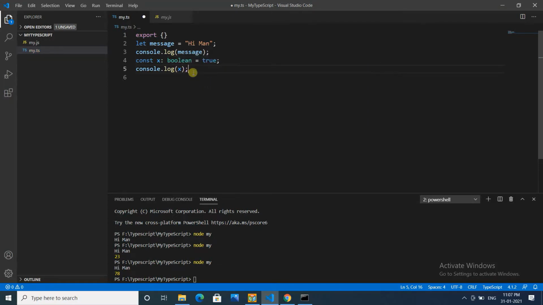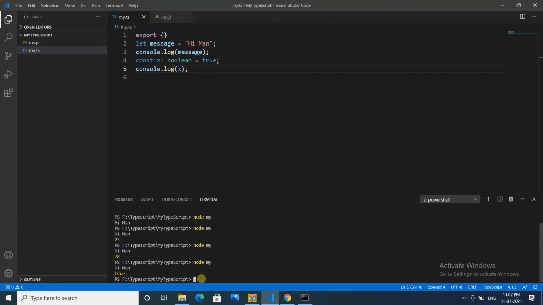It will absolutely print. Let me save it and run the application to show you the value. Now, any data type of values, like string, boolean, or number, if we want to set them with null or undefined, we can do that. However, null and undefined are themselves values. So usually what happens whenever